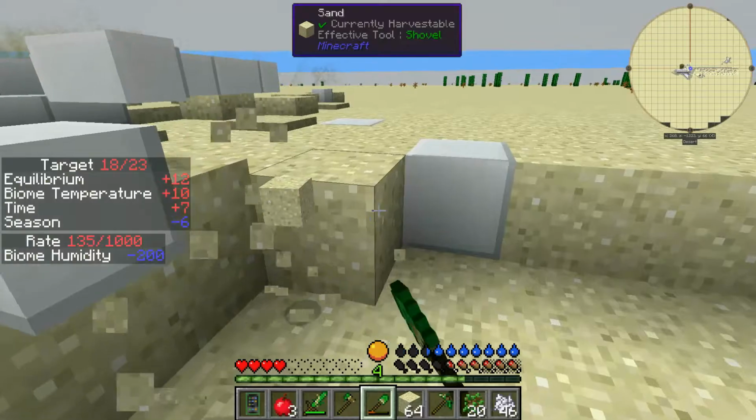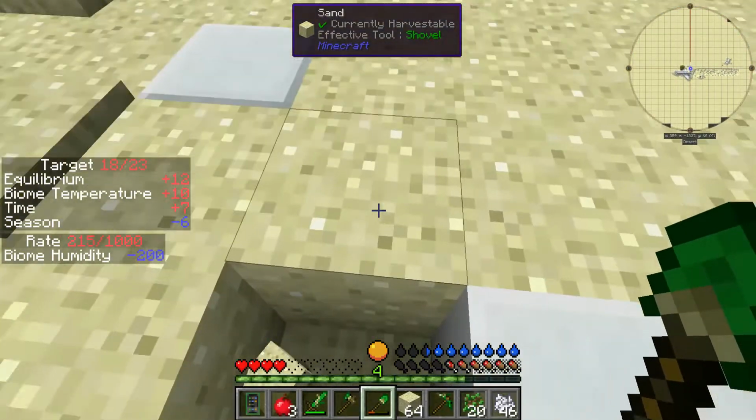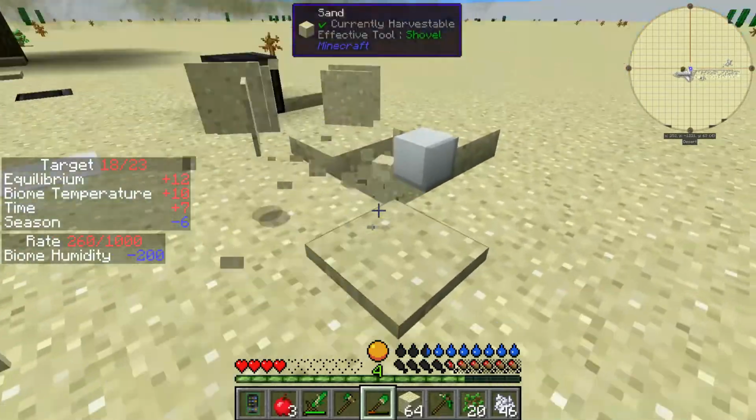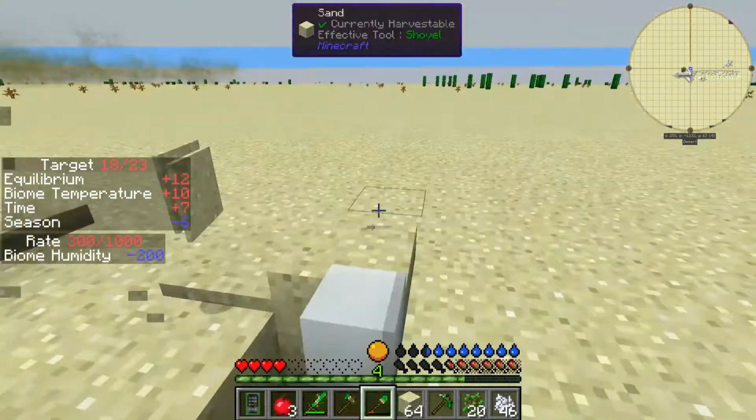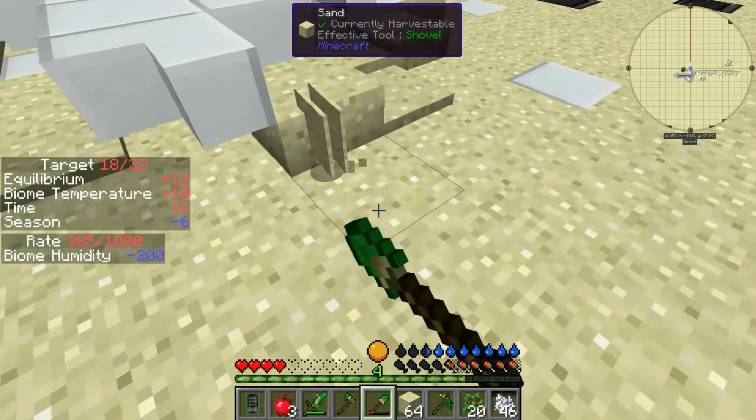So I'm going to continue collecting my sand. I have my 2 stacks and a half, so I'm good. So this is where I like starting my wall. Okay, I start my wall from right here. I'm going to put a cactus right here,